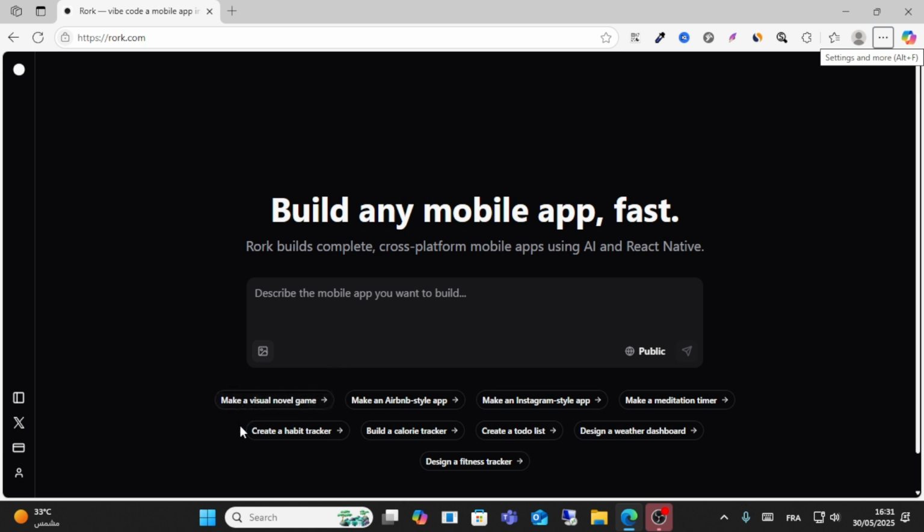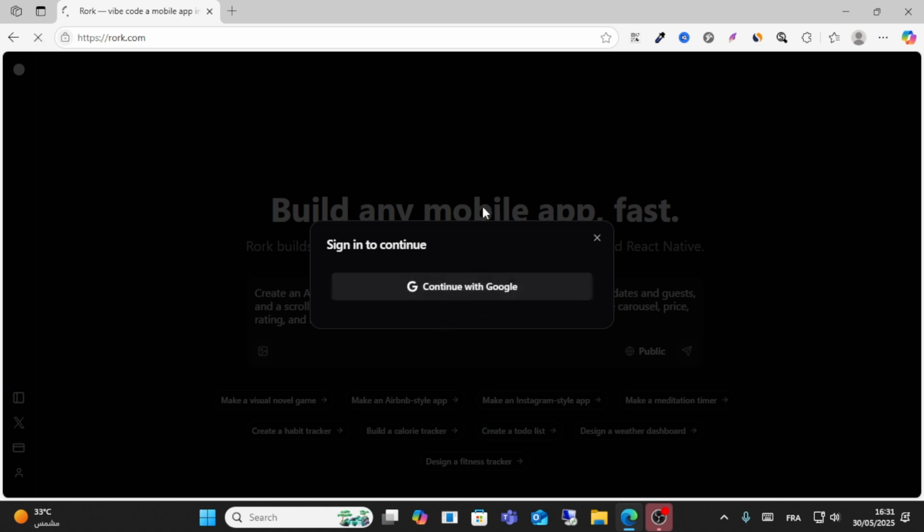So guys, you can make visual novel themes. You can make an Airbnb style app. From here you can make meditation style and Instagram style apps. For example, if you want to make this Airbnb style one, click this one, and you should connect your account